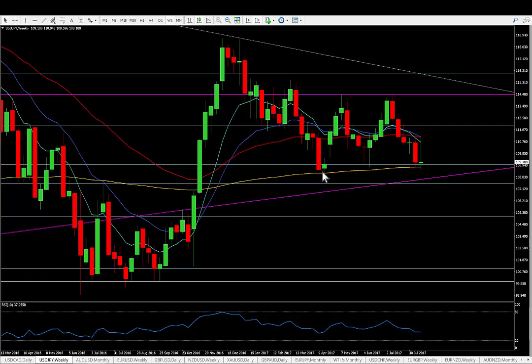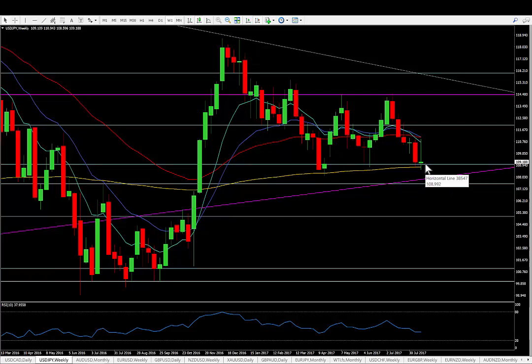We've had a go here, we didn't quite test it here, and as I say, it is a well-defended level, but it looks to me like it's actually trying to get a bit closer, because if this had been exceptionally well defended in terms of buyers, I think we would have had a much more solid green bar. But this has had potential to move all the way up to, as I say, the 110.65 area, and it's been pressed back down into